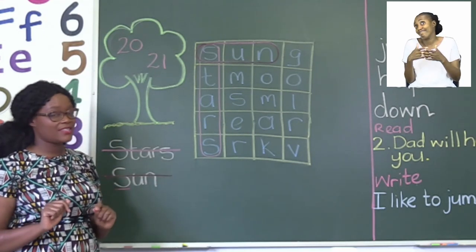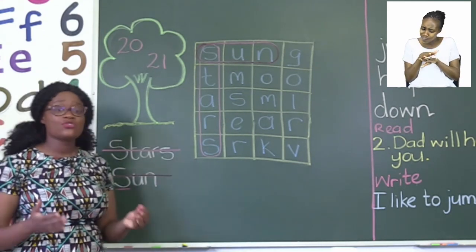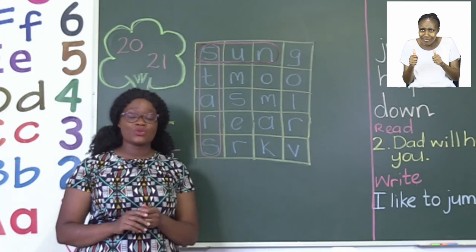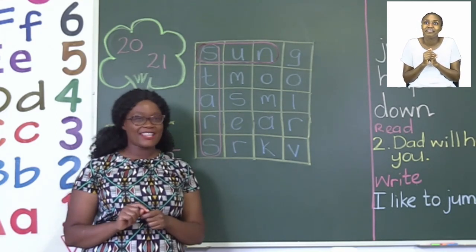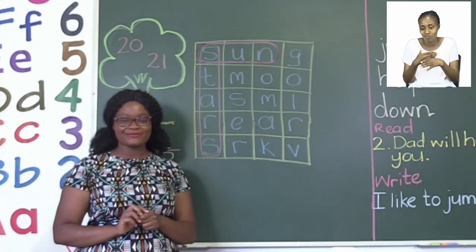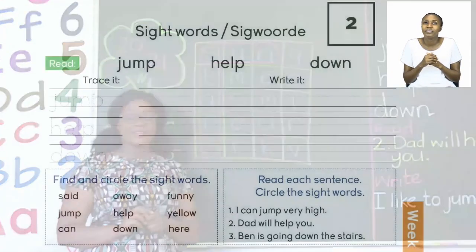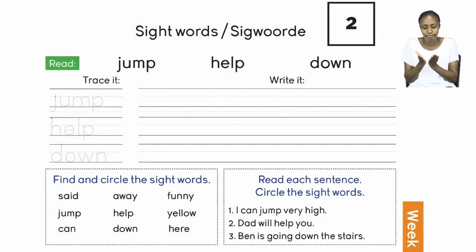So take your time with this one for your vocabulary words and try to use them as we go along during the week. Now when you're done with that, we can go to the next page, page 21. On page 21, we are going to be doing our sight words. Now sight words are different from vocabulary words because these are words we often see, but we need to practice using them. Today, our words are jump, help,